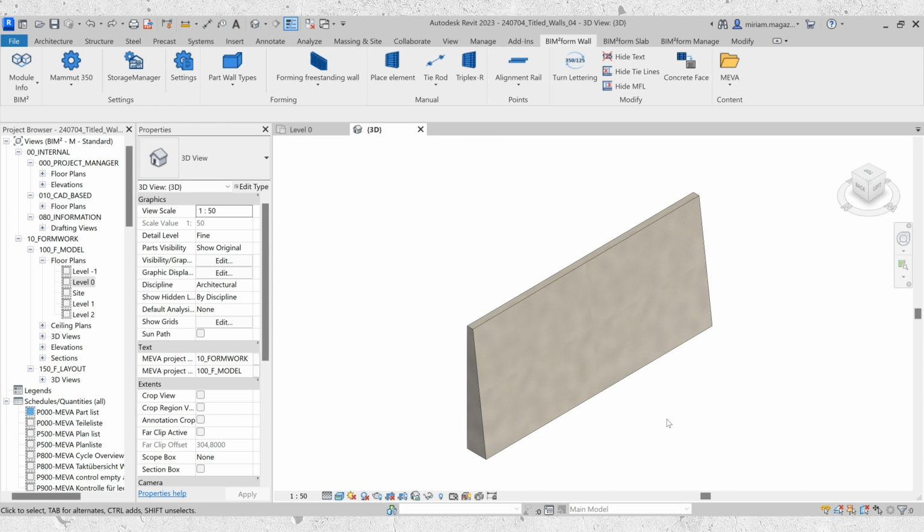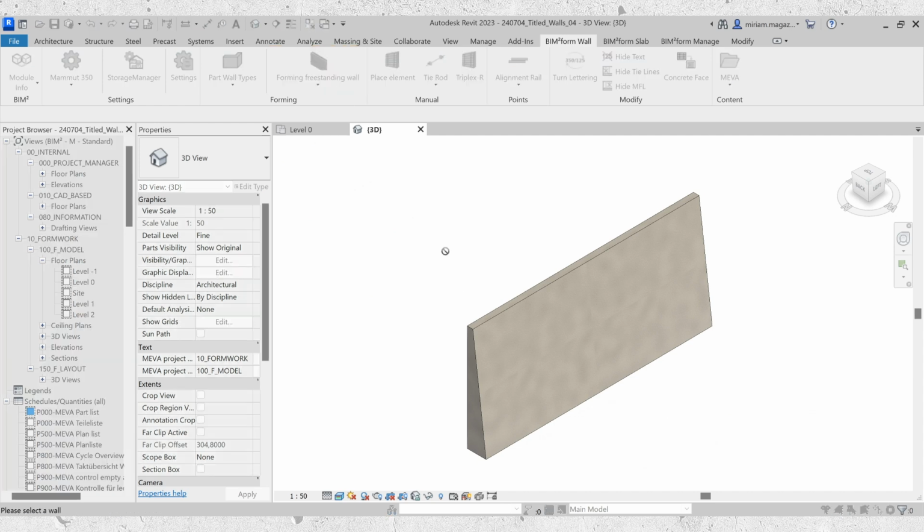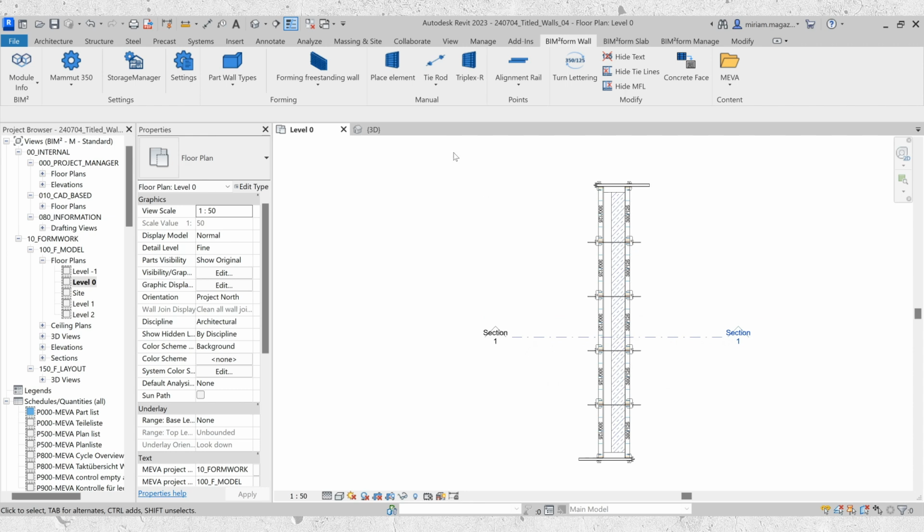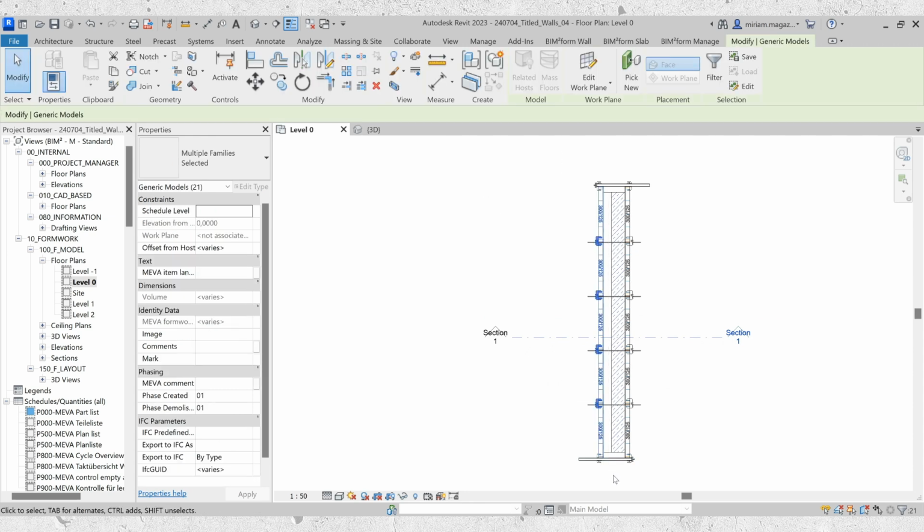This method is straightforward, but remember, the walls should not be wider than 50 centimeters, as BIM2Form won't function correctly otherwise. Select the Form Freestanding Wall command and click on the tilted wall. Group the elements and orient them to the wall panel.